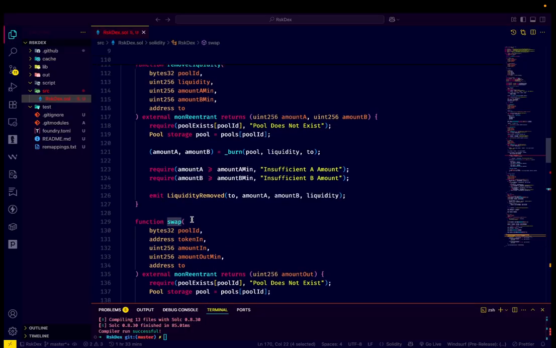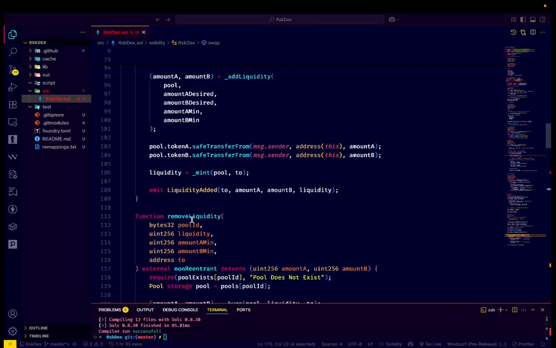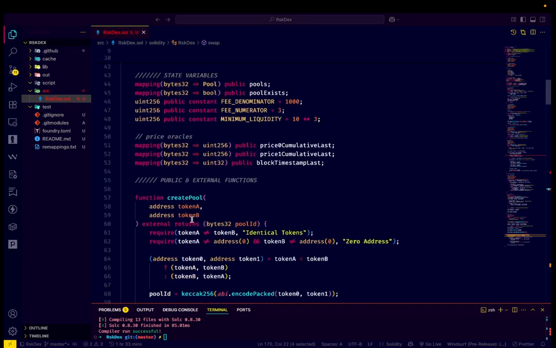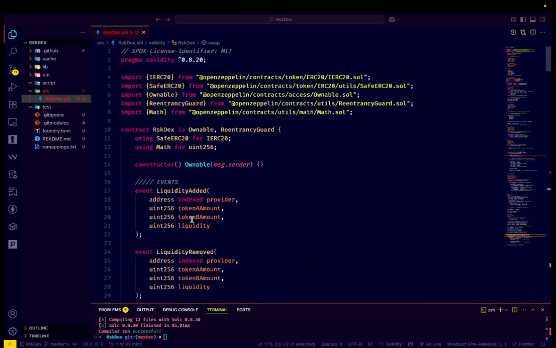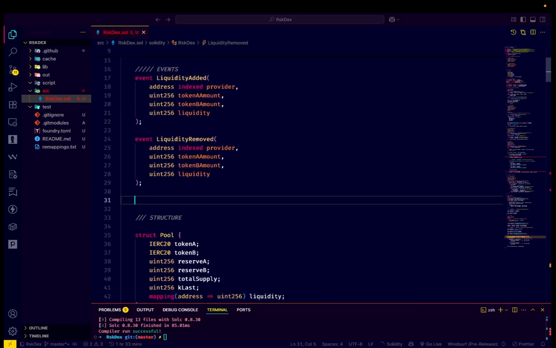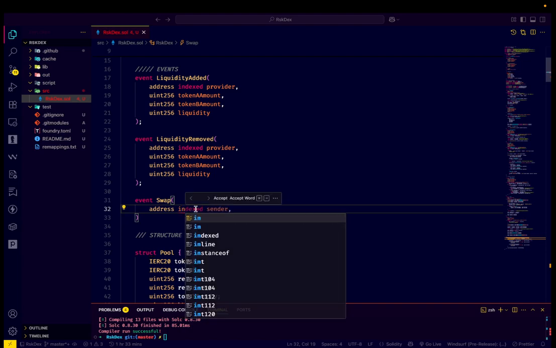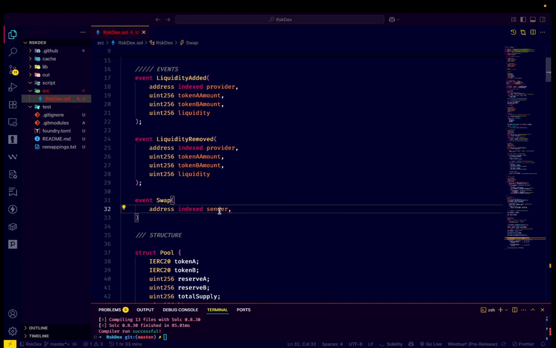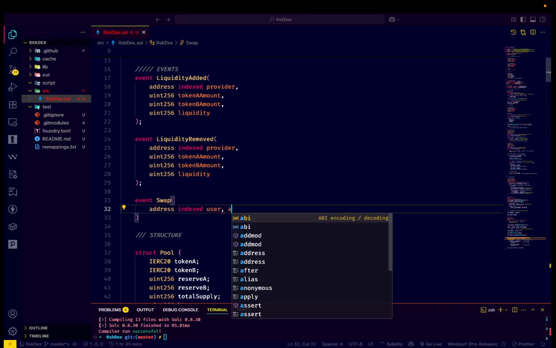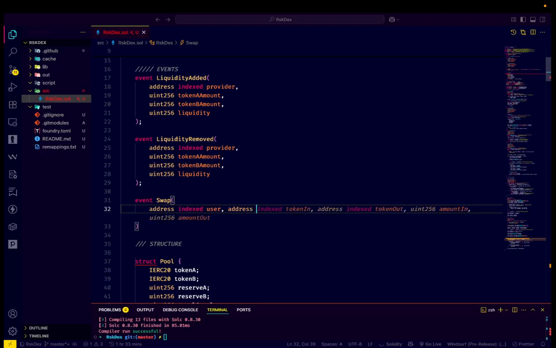So let's go on top, and this is our last event. Where are the events? Event Swap, and inside that let's pass one by one: address indexed sender, or let's say the user, and address, let's index this one,